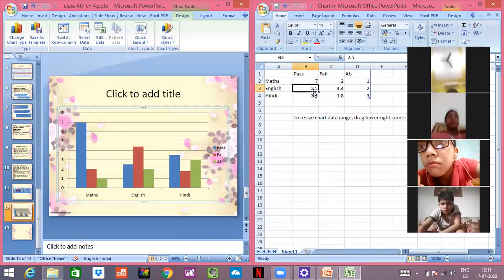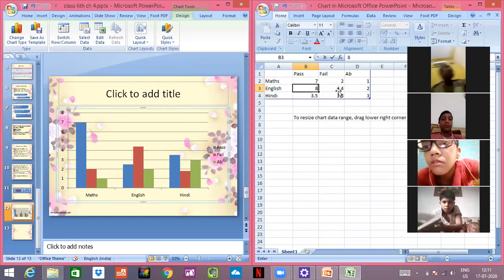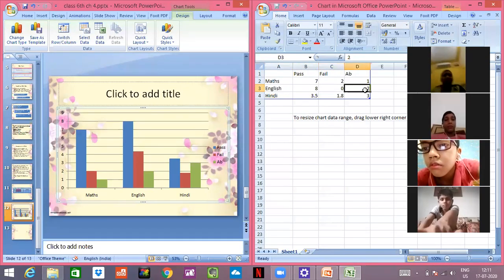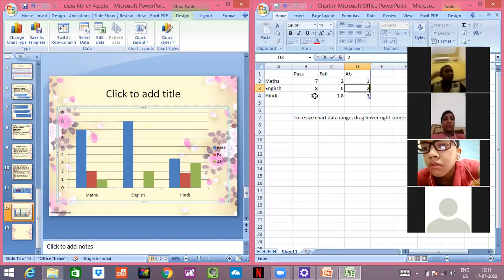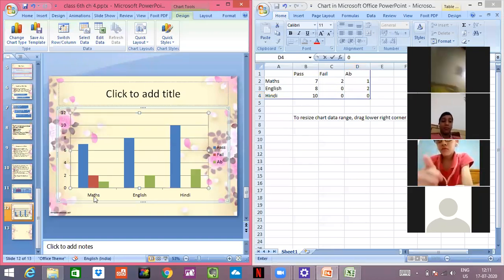Okay. Now I'll write again, there were 10. 8 passed, nobody failed and 2 were absent. In Hindi, 10 failed, 0 and 0. And I'll click on done. Then see, this is my chart.